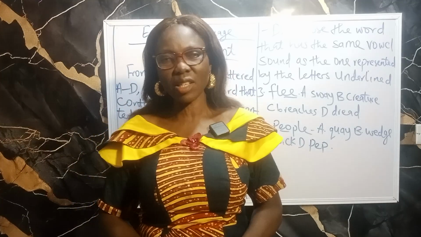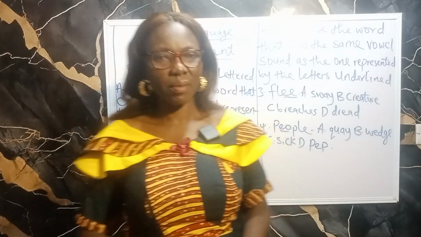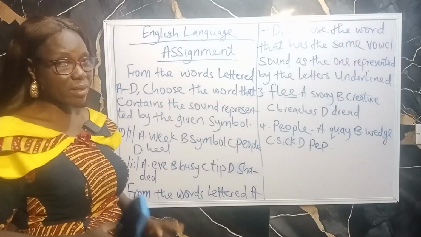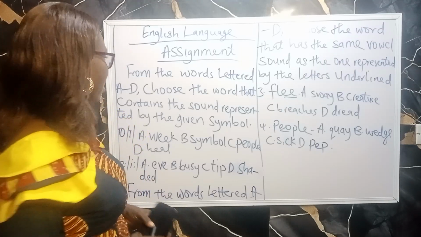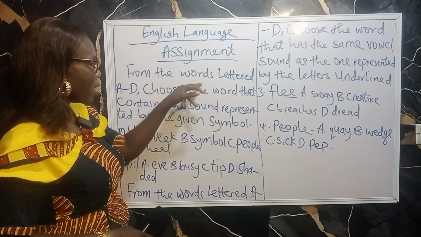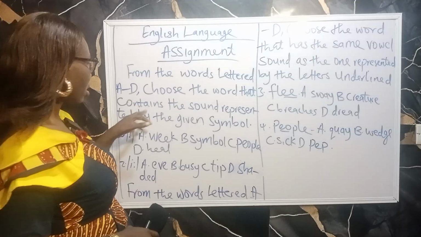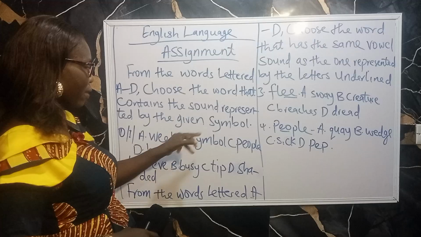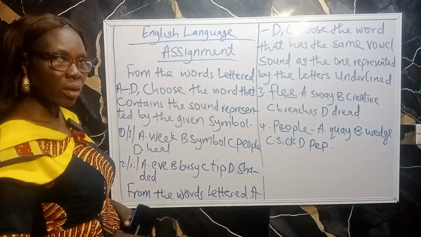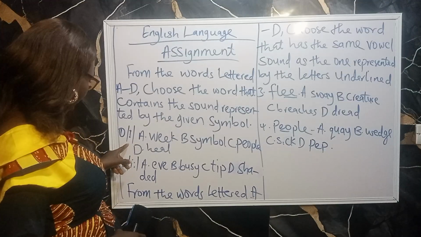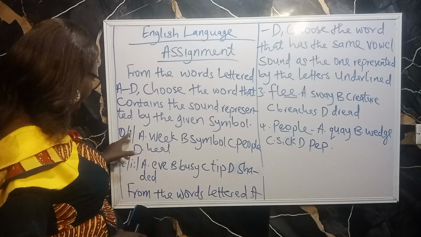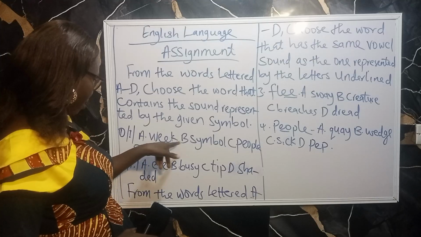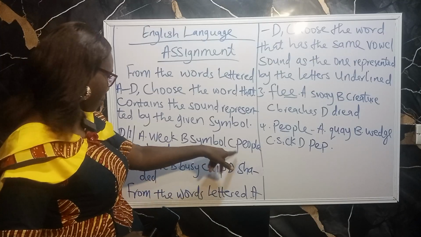Today, we are going to start with the previous assignment. And the assignment goes this way. Remember, it's an oral English assignment. It says, from the words lettered A to D, choose the word that contains the sound represented by the given symbol. So the first one is A, and under it we have week, that is A, B, symbol, C, people,